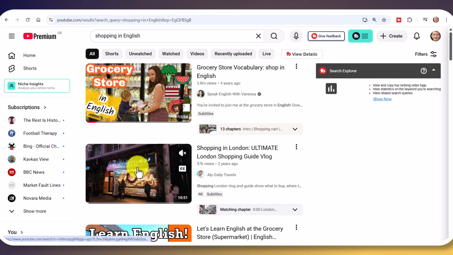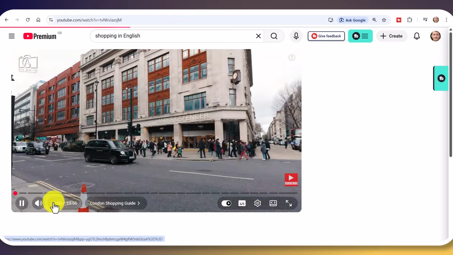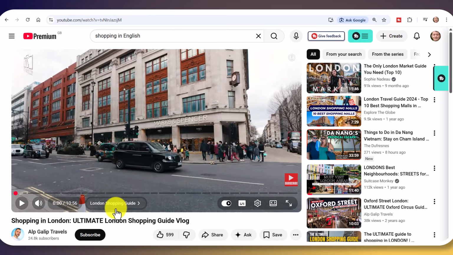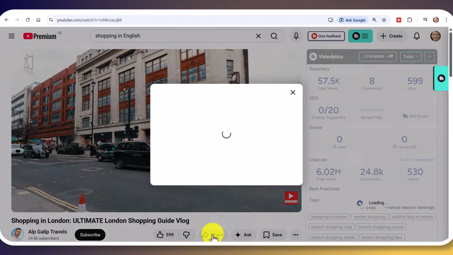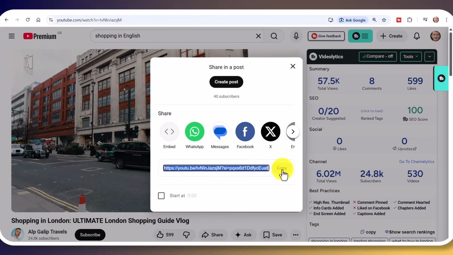Okay. And I'm going to click on that video, and then all I'm going to do is copy the link. Now I can either copy the link here at the top, or I can go to here, the share button, and also copy the link here. Now I want to go back to Google Gemini, and I'm going to give it instructions to make a video